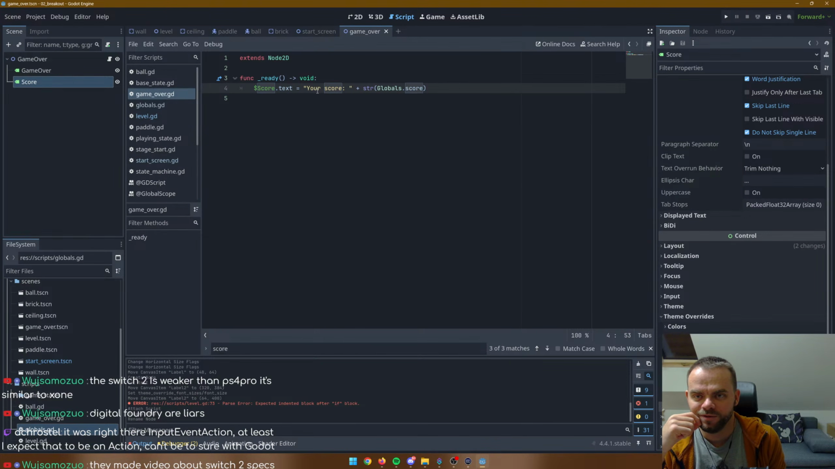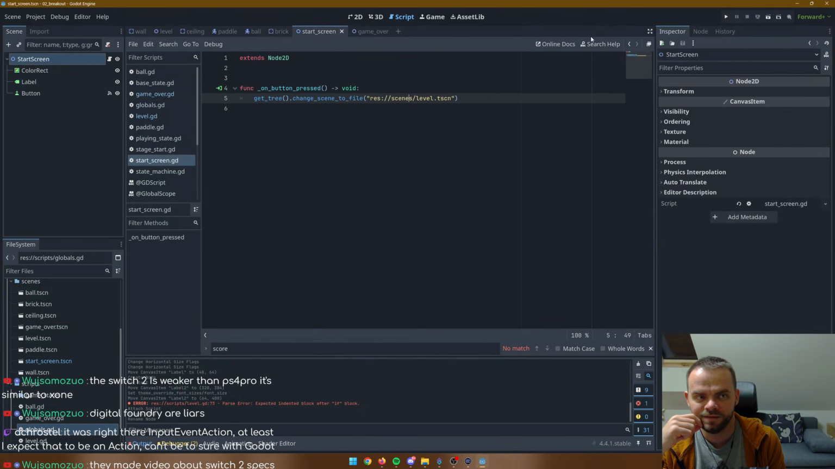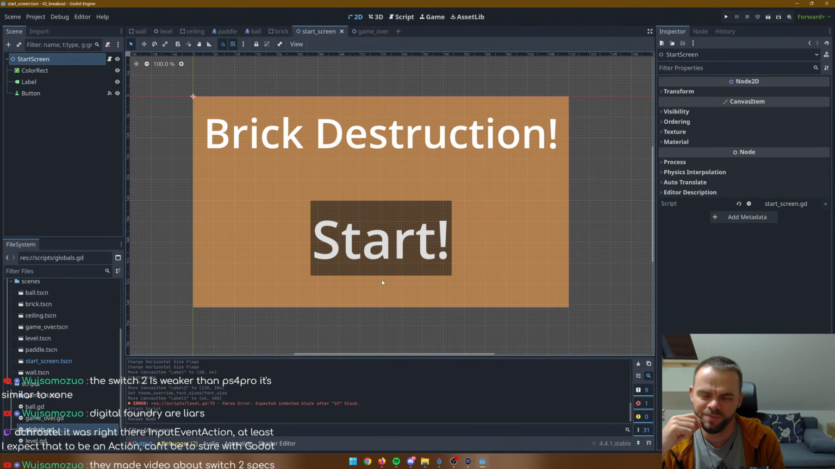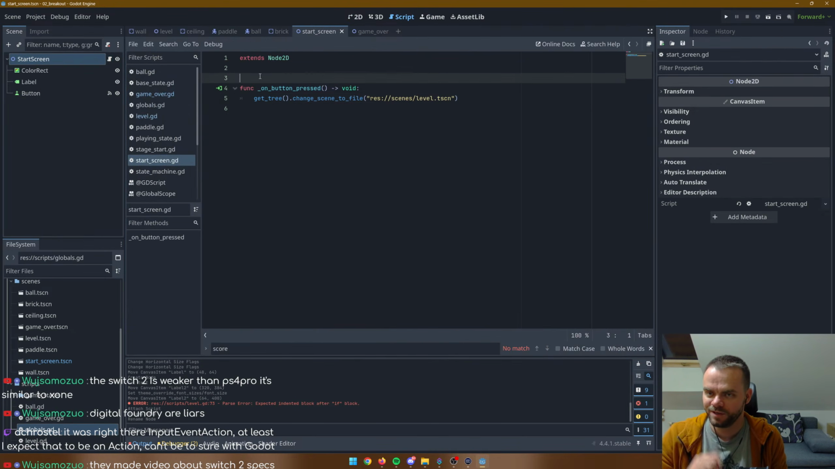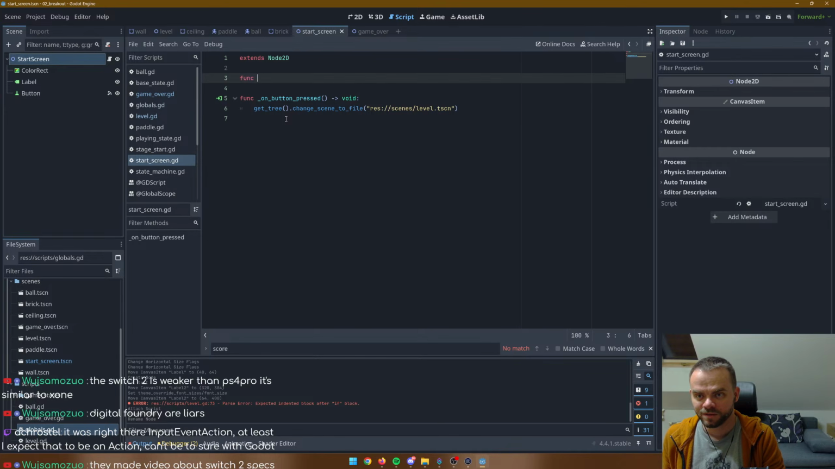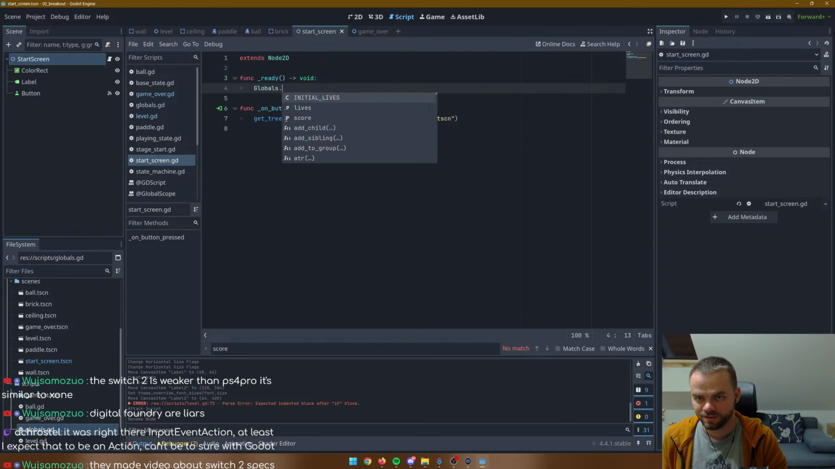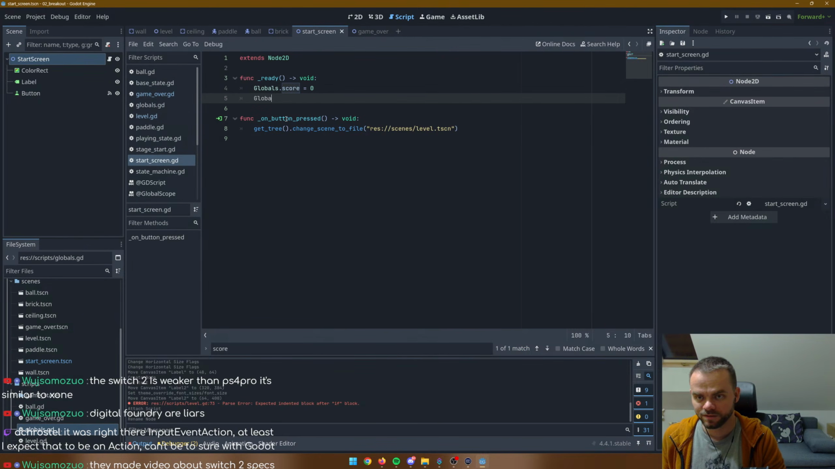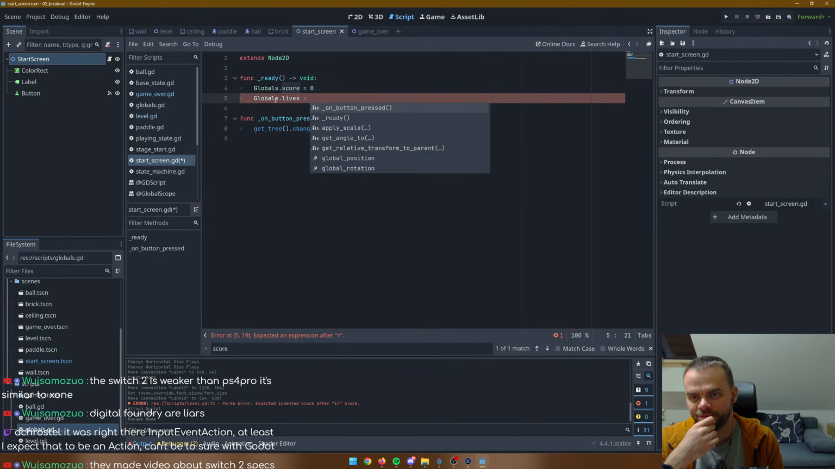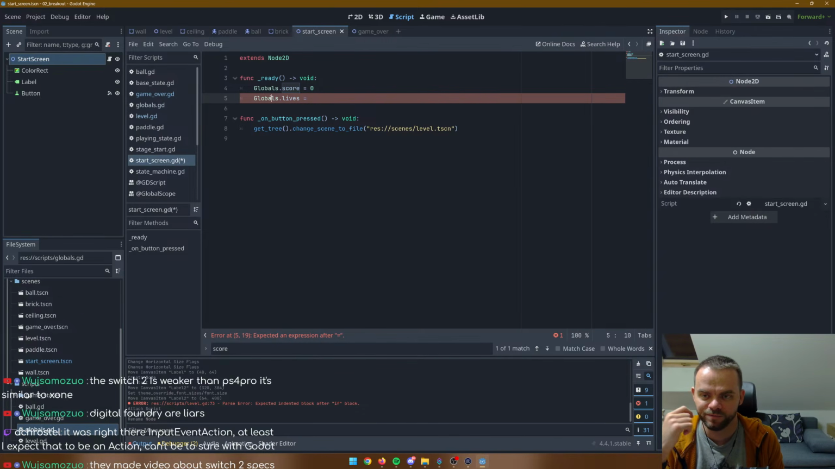We should also have a button that will switch you, maybe not to the start screen, or maybe it's the start screen. Let's just switch it to the start screen. Also, the start screen should have the ready function, and we will just reset the score to 0 and lives to, maybe I shouldn't hard code it. We can just have